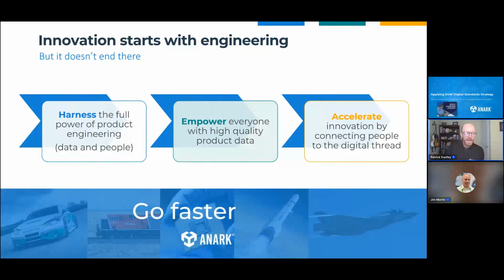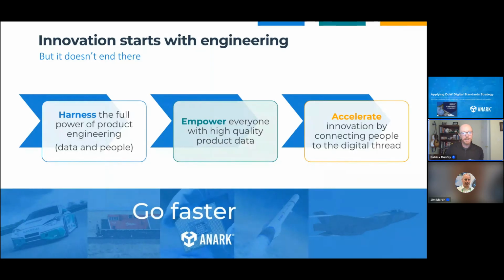But there's a catch to doing that. And the catch is that innovation starts with engineering, but it doesn't end there. So if this were just engineering organizations creating digital models that are machine readable and the data never had to go anywhere else, I think we're down a pretty decent path. There's still work there to be done. I know many people who would say that, and the people that we work with, but a lot of it is done, and people are trying to put these practices in place within engineering organizations.